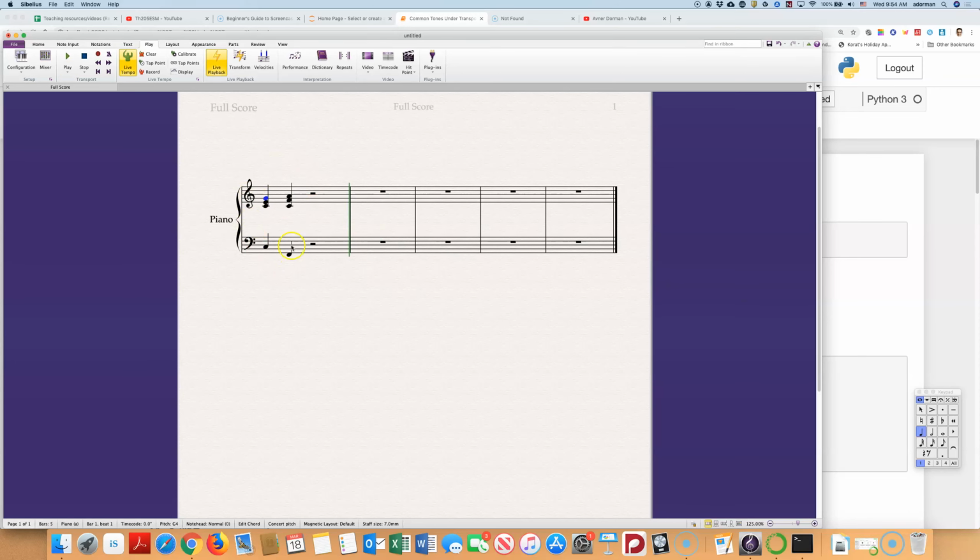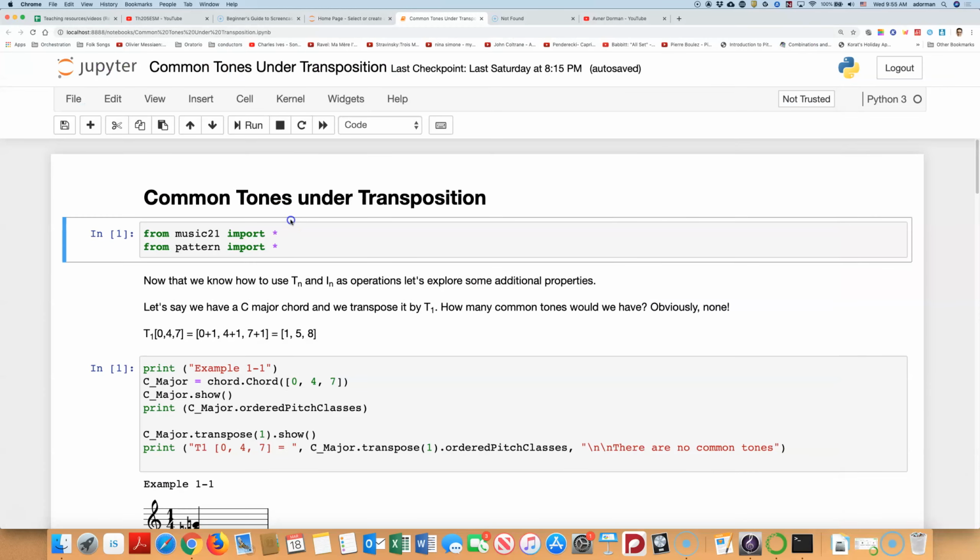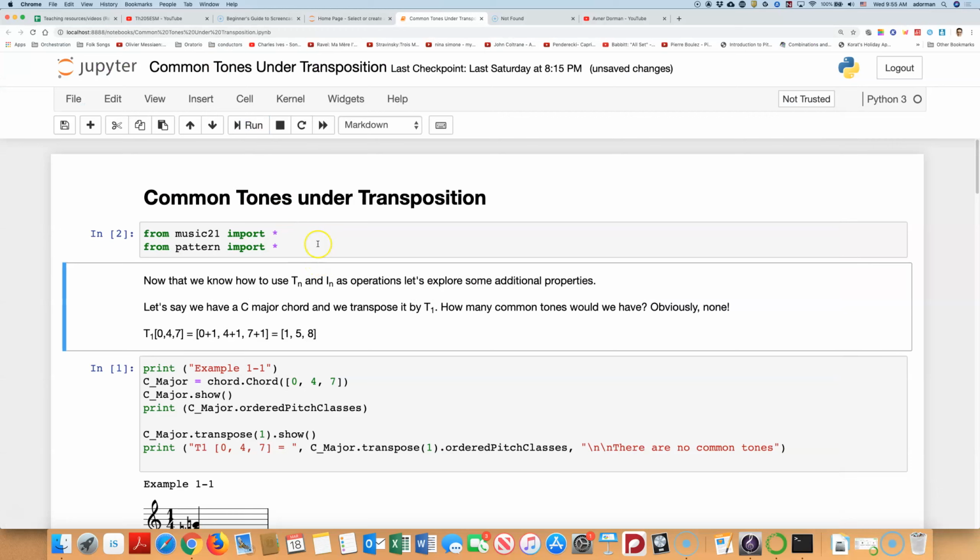So obviously knowing that we chose a chord that is of the same type, both are major triads, and has a common tone, makes this progression much more common, or somewhat more preferred than progressions that might not have common tones, or at the very least, when we don't have common tones, we have to be more cautious with voice leading. So let's go back to set theory, and I'm in the Jupyter notebook where we have